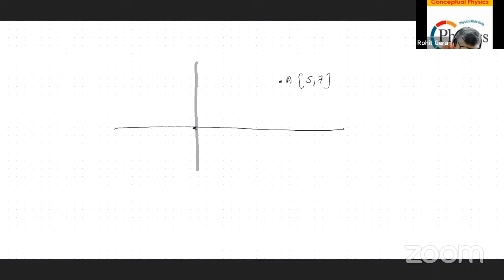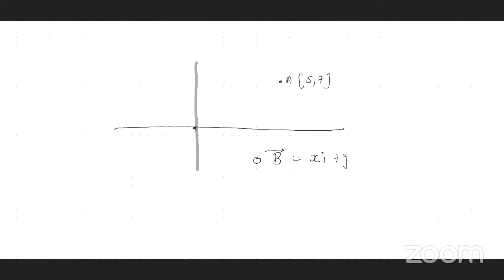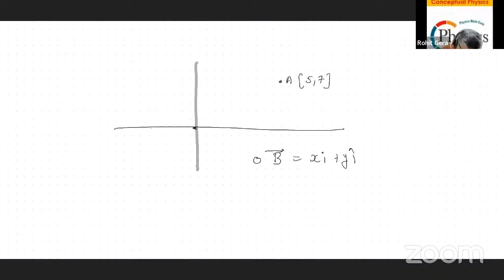Then it moves to another point B. We don't know what is the position vector of B, but we know the initial position vector as OA. From A it went to B. The question is,